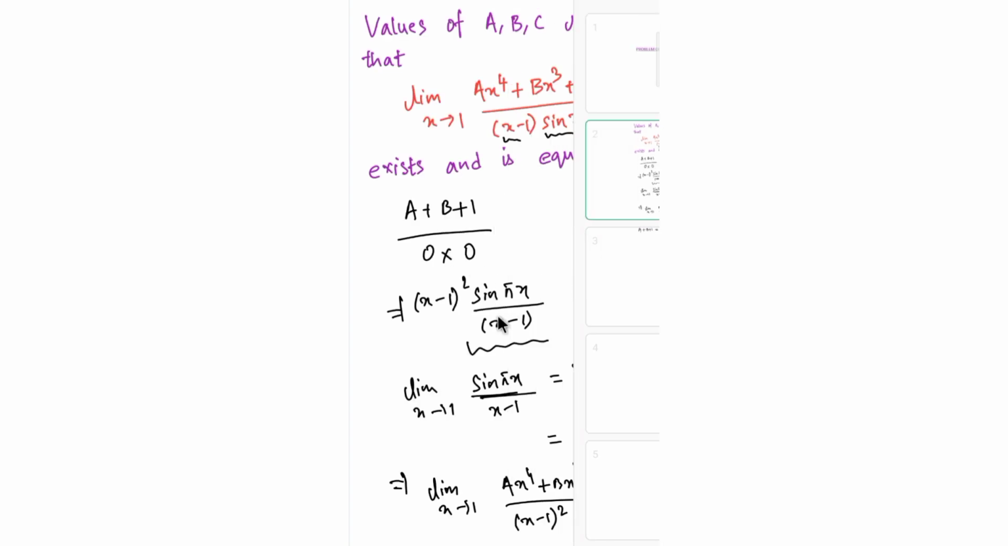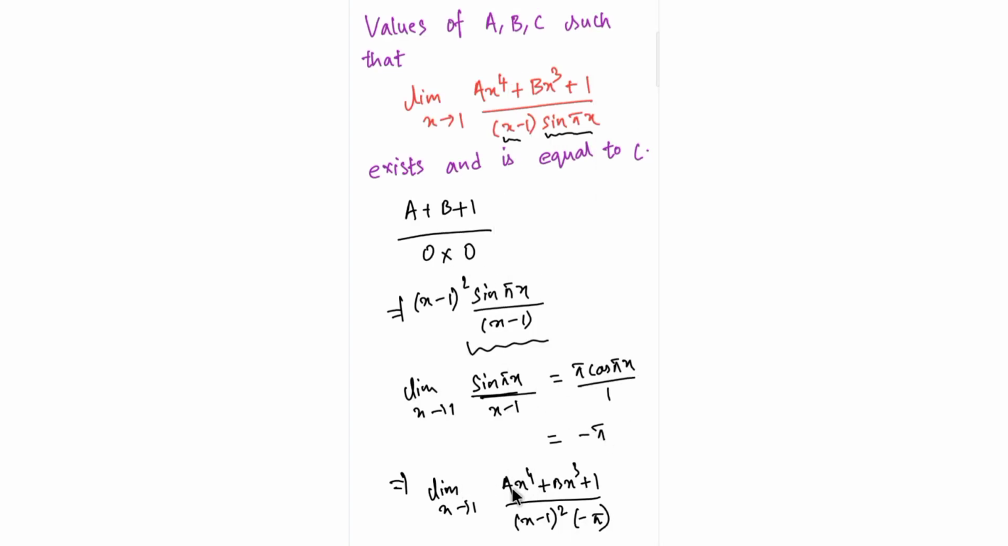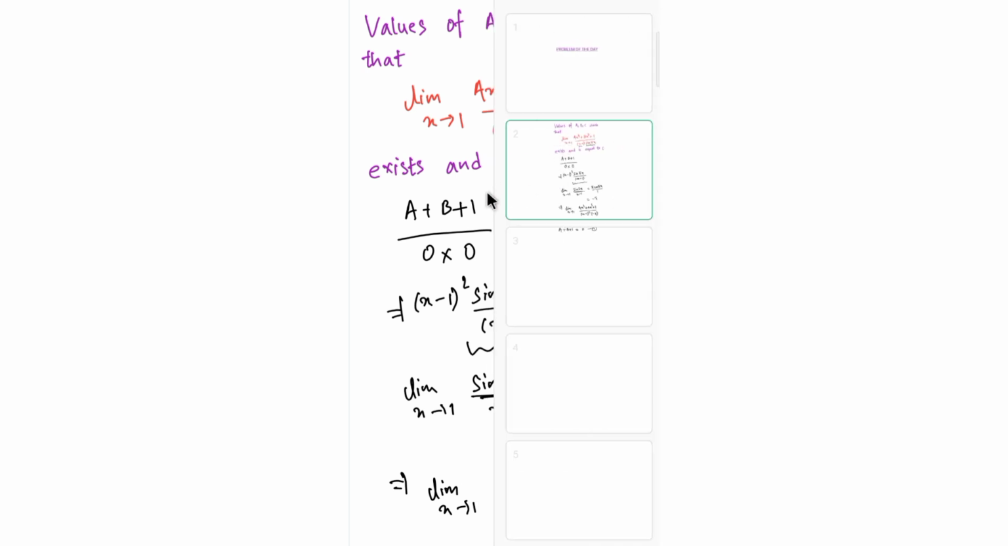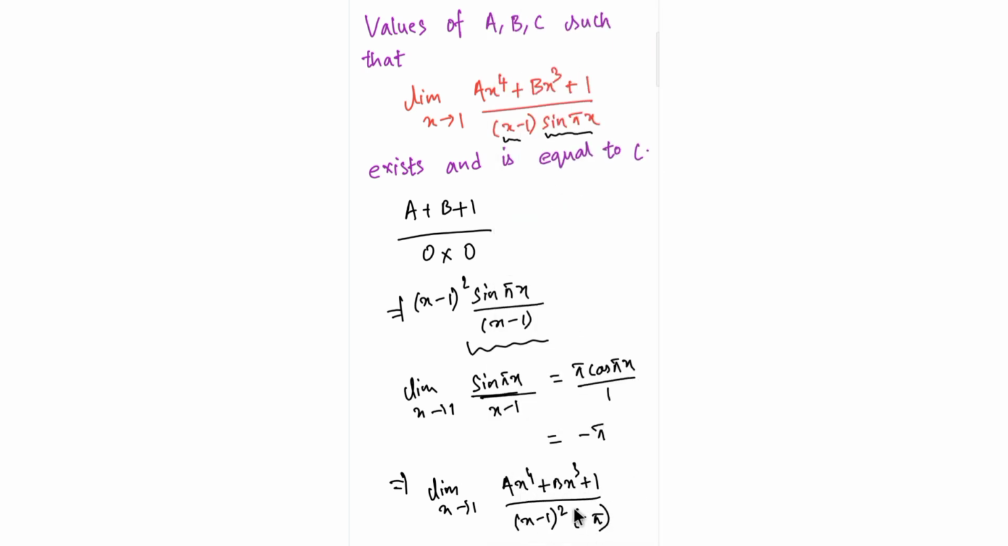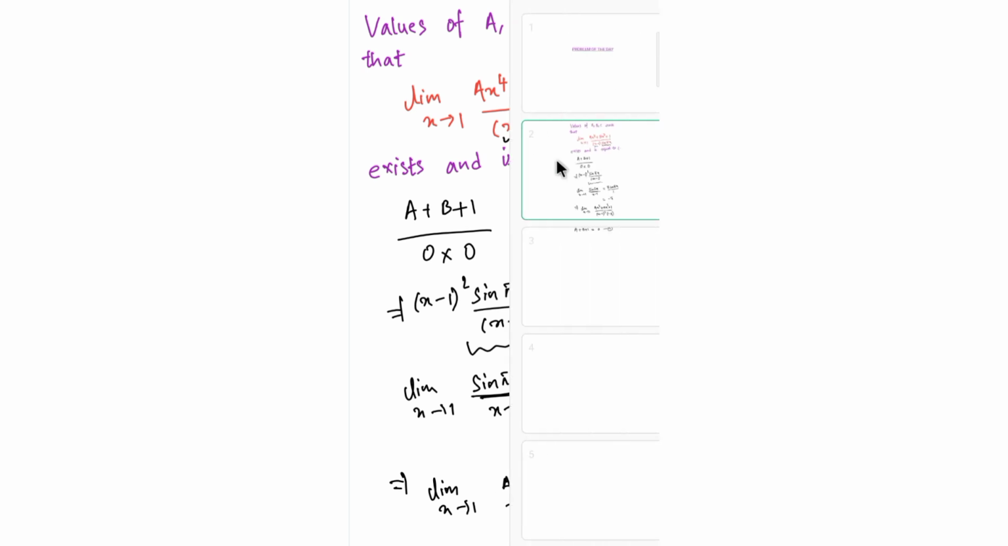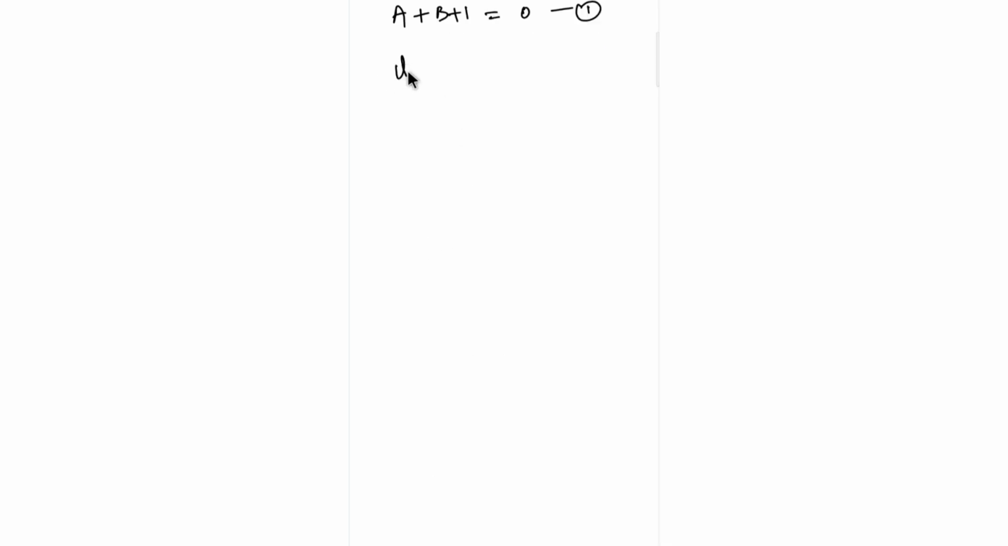So I need to assume that a plus b plus 1 should be equal to 0. So this is my first condition. After putting 1, I'm getting a plus b plus 1, so this also needs to be 0. If this is 0 and the denominator is also 0, we can directly use the L'Hôpital rule. So after using the L'Hôpital rule, what do we get as limit x tends to 1, 4a x cube plus 3b x square divided by 2 of x minus 1 into minus